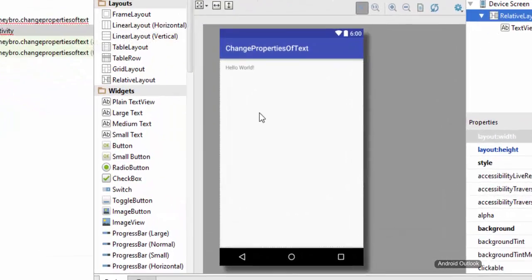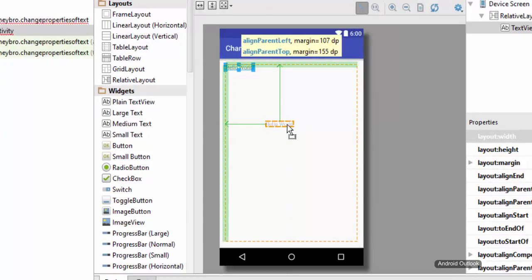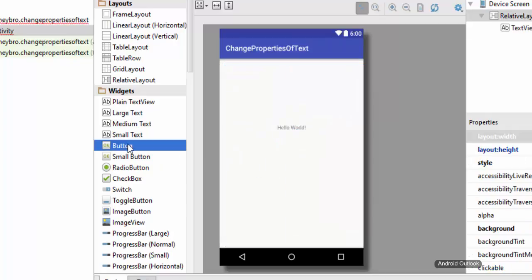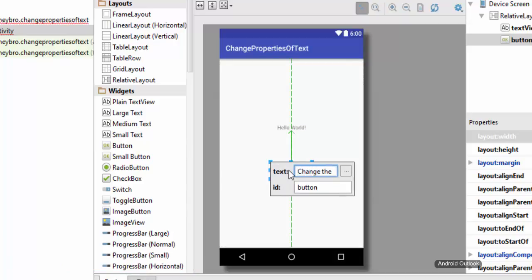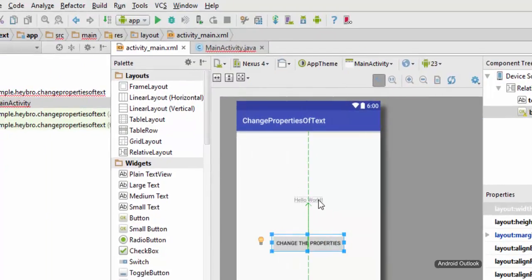Now the first thing that I want to do is grab this text into the middle of the screen and drag one button. So this will be the button, and I'm going to change the text to change the properties. Okay, and I'm going to place the ID name as button itself. And okay, now I'm going